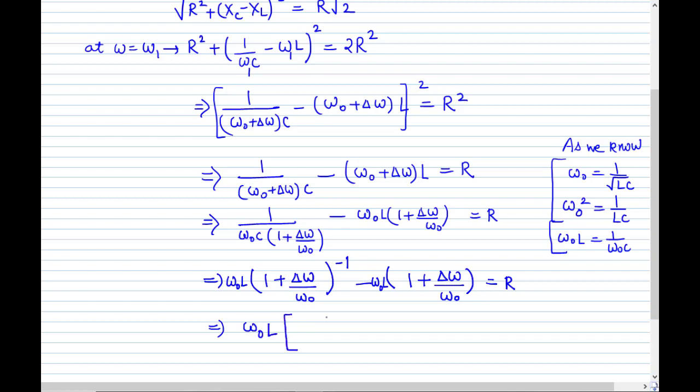This is 1 plus x to the power n, so this will be 1 minus delta omega upon omega naught. If we take minus inside, then this is minus 1 minus delta omega upon omega naught is equal to R,